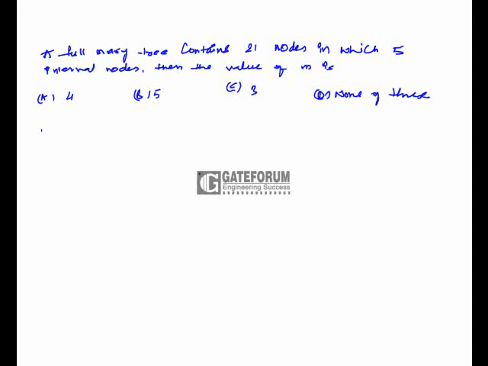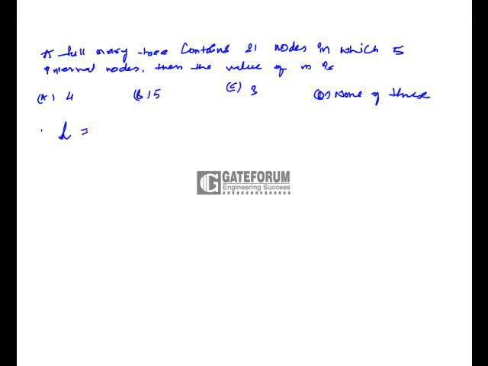A full m-ary tree contains 21 nodes in which 5 are internal nodes. Then what is the value of m? A full m-ary tree, or a full binary tree, means all the leaves should be present at the same level. The number of leaf nodes in a full m-ary tree is given by